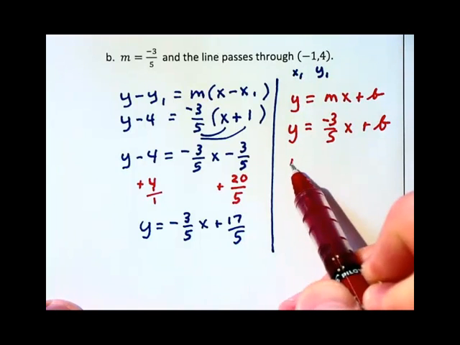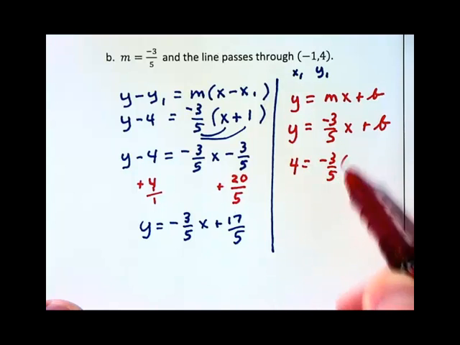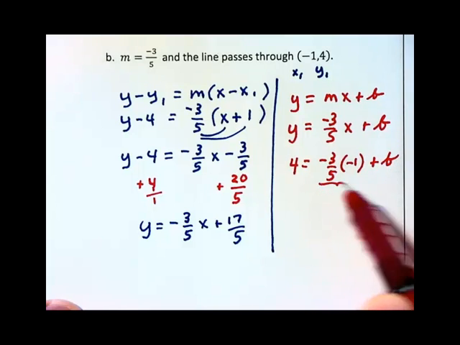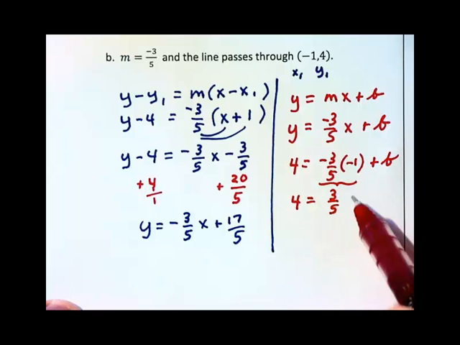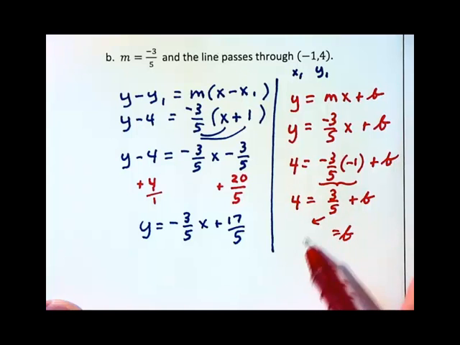So you can have 4 equals negative 3/5 times the x, which is negative 1, plus b. Do some multiplication here. 4 equals 3/5 plus b, and then subtract the 3/5 off, and we've already done it over here at the left. You know that you're going to get